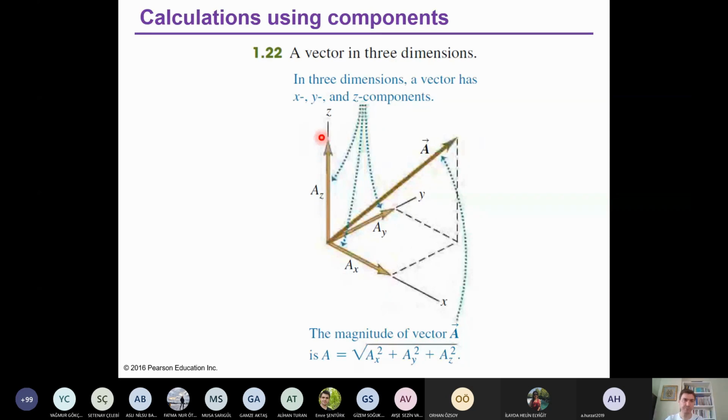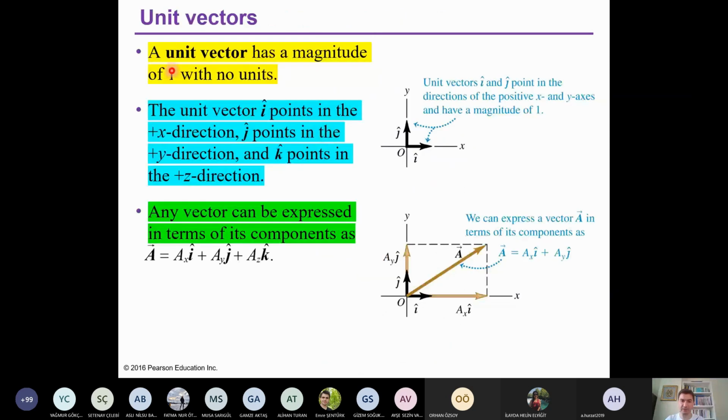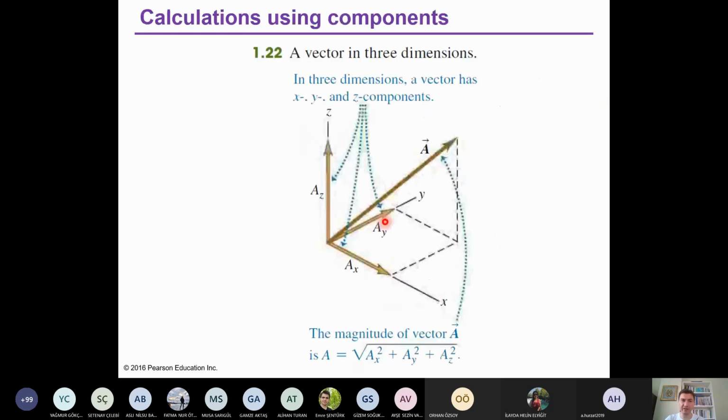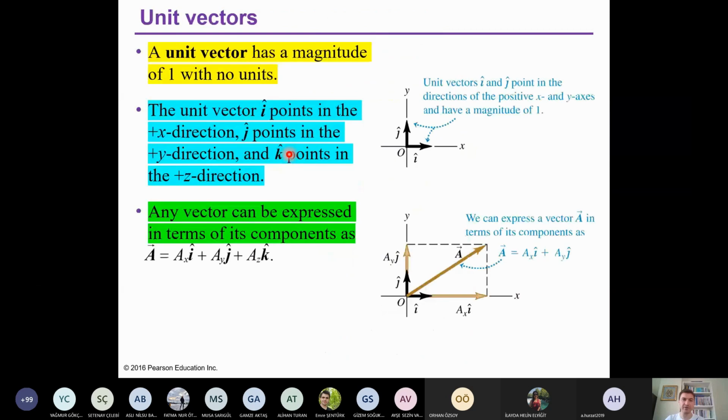The unit vector i points in the positive x direction, like this, and j points in the positive y direction. The magnitude is 1, the magnitude is 1, only their directions are different and they are perpendicular to each other because x-axis and y-axis are perpendicular to each other. And we have also k in the positive z direction. k is the unit vector along the z-axis, positive z direction, okay? So these are the unit vectors. So now